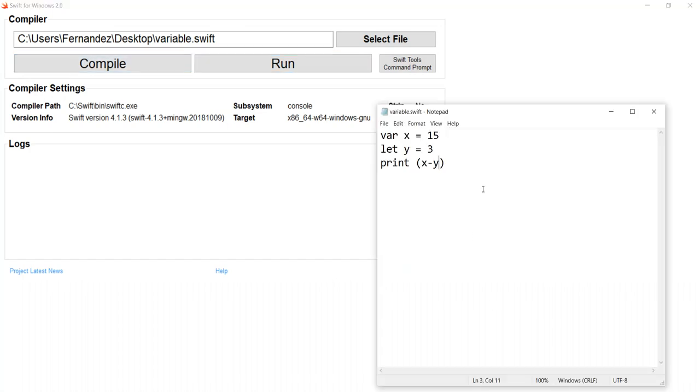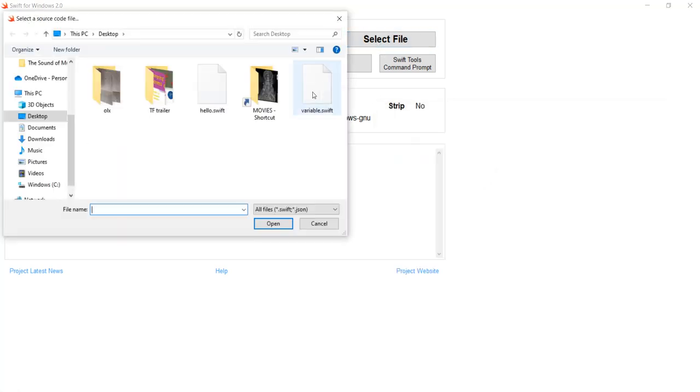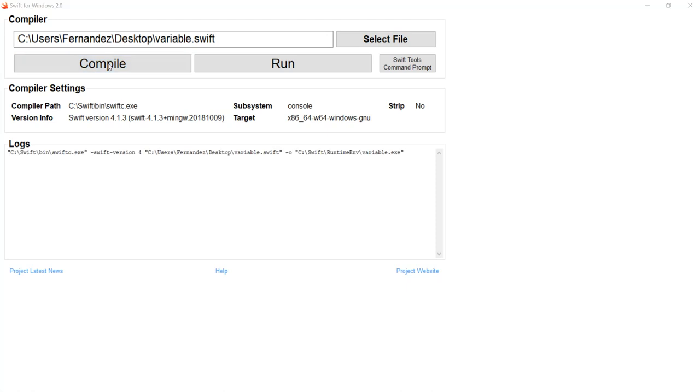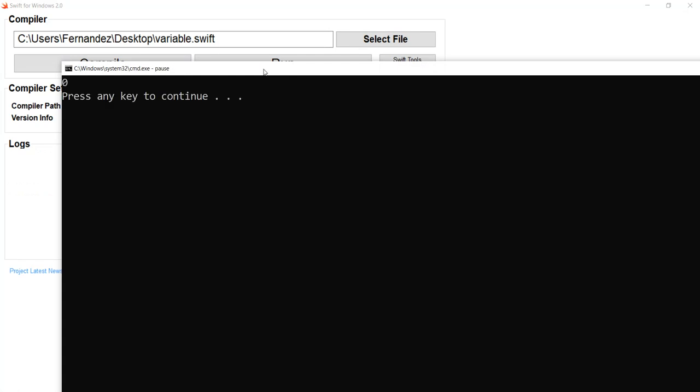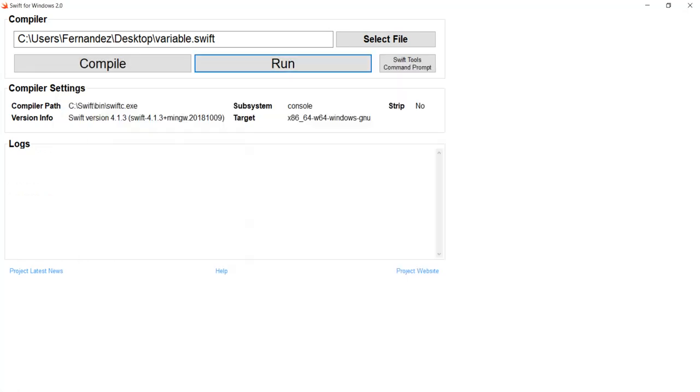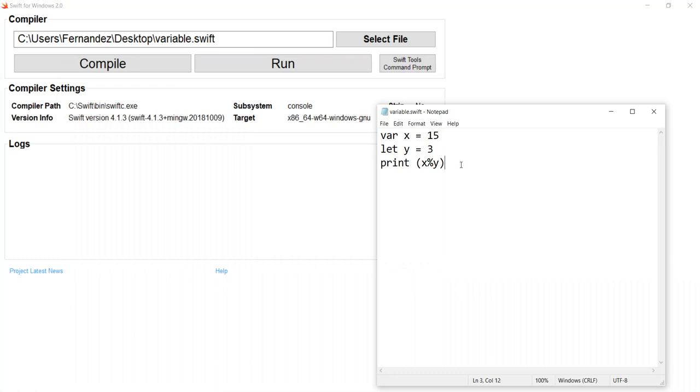In a similar way, you can just put star when you want to multiply x and y and give the result, and slash for division. This will be the same, and there's a modulo operator which is percentage. When you put x percentage y, it's going to give the remainder of x by y. So let's select this one and run it. I'm compiling it here. I compiled it and I'm going to run it. So 0, because 15 by 3 is going to give you a remainder of 0. Similarly you can print this one.